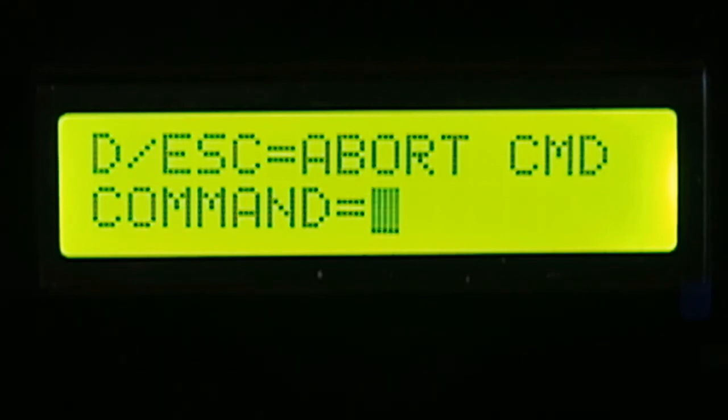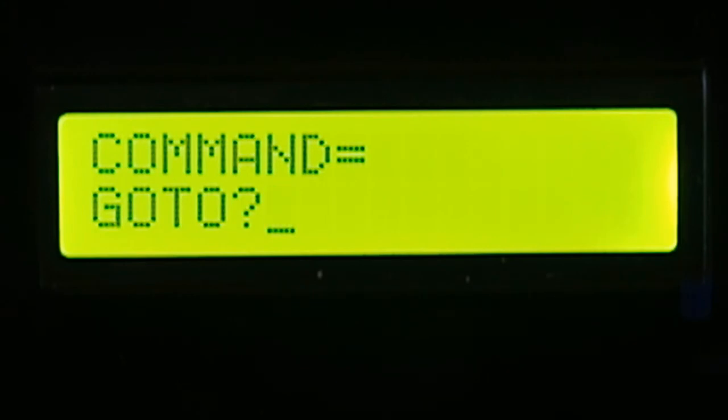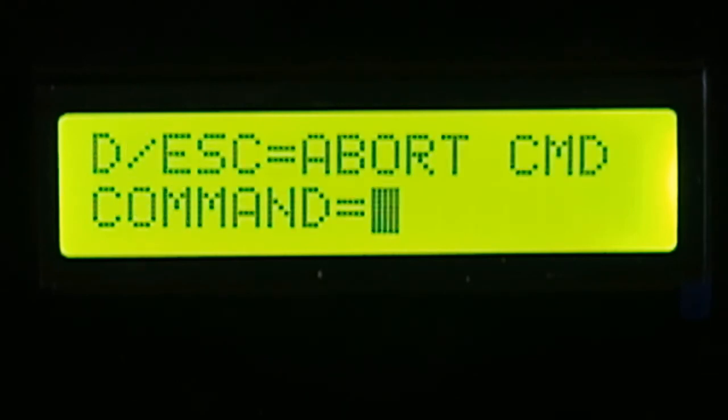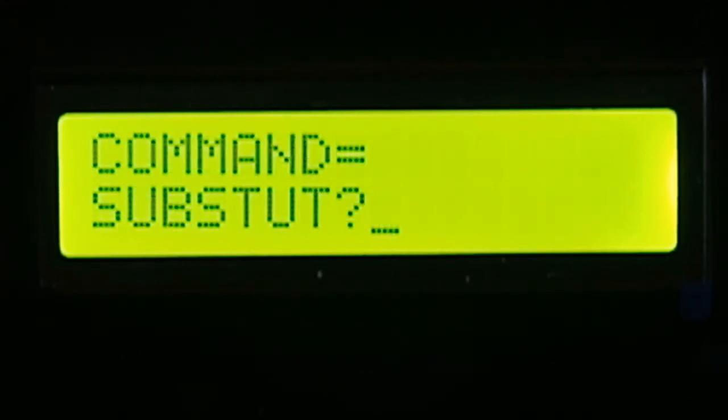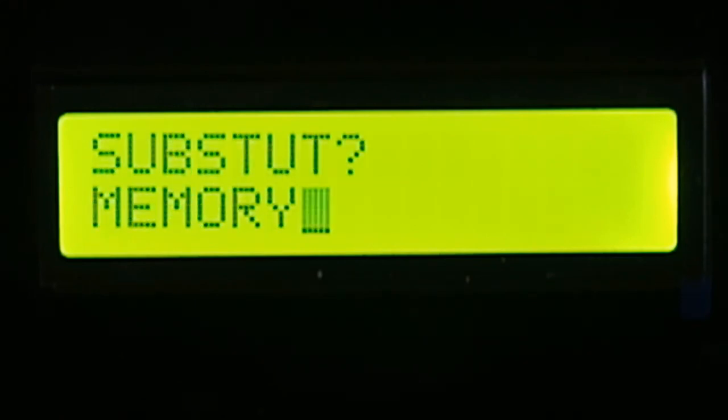After the Escape key we have to execute the program, so for that we have to use the go command. Press G, press Enter, then specify the starting address of the program, that is 6000, then Enter. Here our program is executed. Now we need to check the output of the program, so we again use the S command, that is substitute, S, press Enter. Then press any key 2 times.